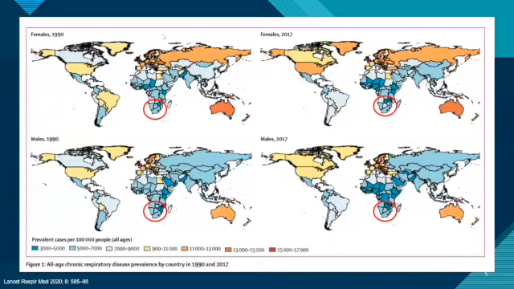So this diagram just demonstrates the change in the burden of disease from 1990 to 2017, with the top representing females and the bottom representing males. If we look at the sub-Saharan and particularly Southern African region, we can see that over the last 30 or so years, not much has changed in terms of the disease burden. And this accounts for the fact that a lot of our workforce, particularly the mining sector, is still a very strong sector within the South African setting.